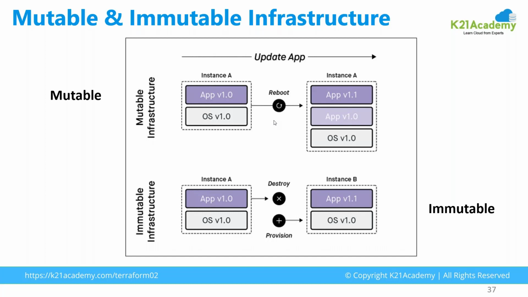We can create multiple instances, or whatever services are there, we can use for multiple instances as well. So even in the mutable one, the instance is not replaced. But you need to check for compatibility. Maybe your 1.1 application is not compatible with OS 1.0. You might need some packages over it, and that is where it leads you towards configuration drift.